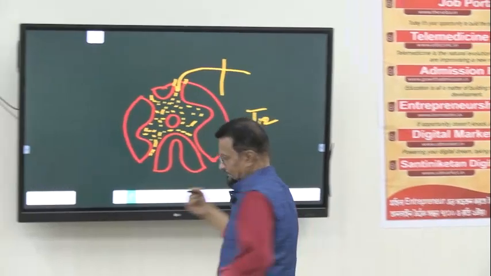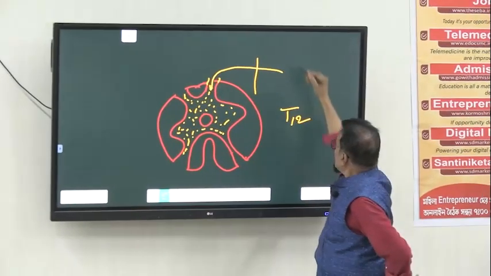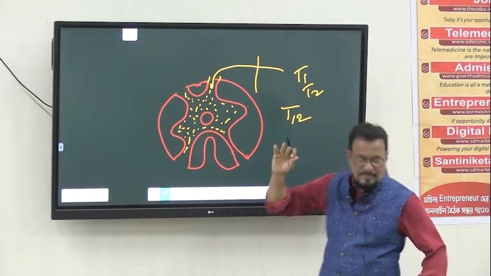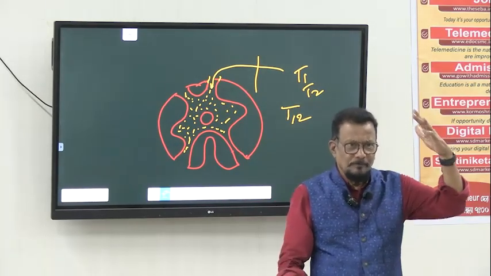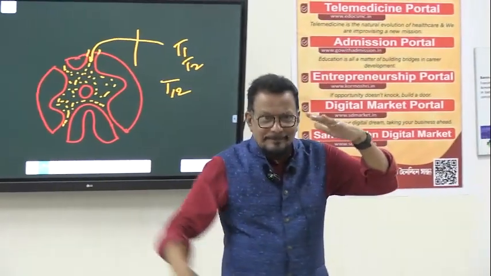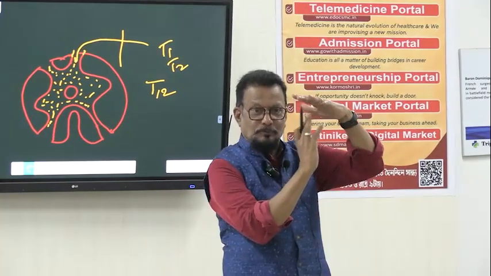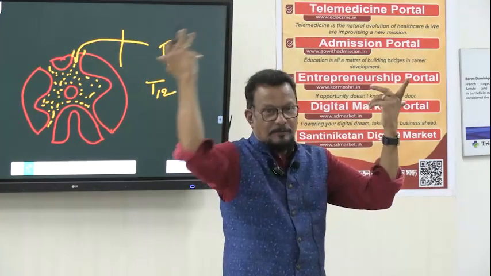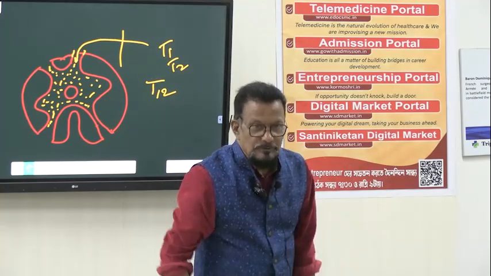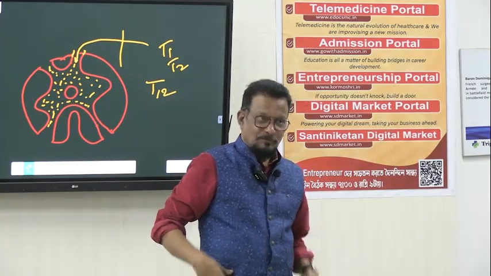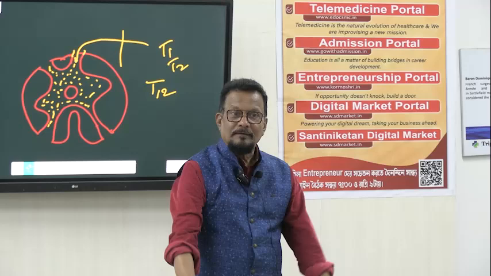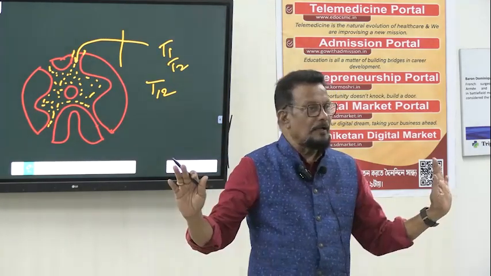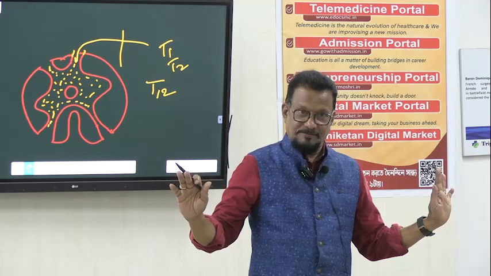Through an accident, suppose T1 and T2 are injured, maybe more. So what will happen? The sensation will come up to this point, then there is a blockage, so thereafter it cannot travel. So I lose my sensation. At the lower side of the body, from this level, I will not be able to sense.